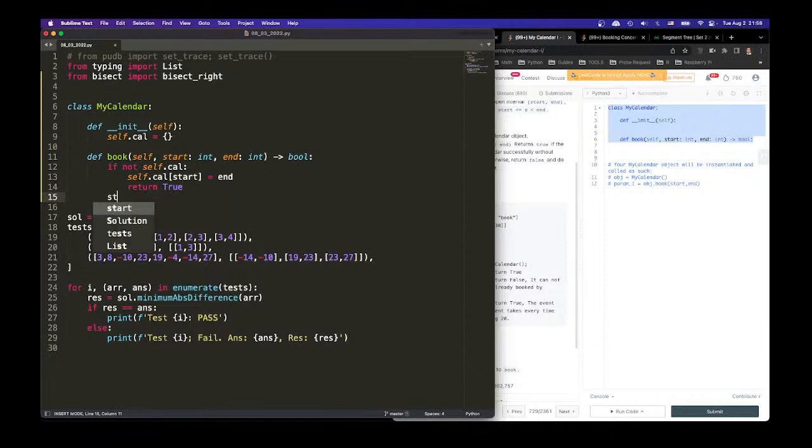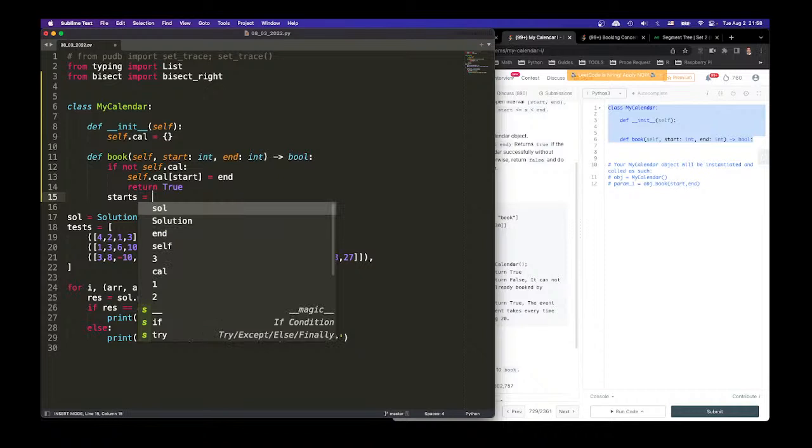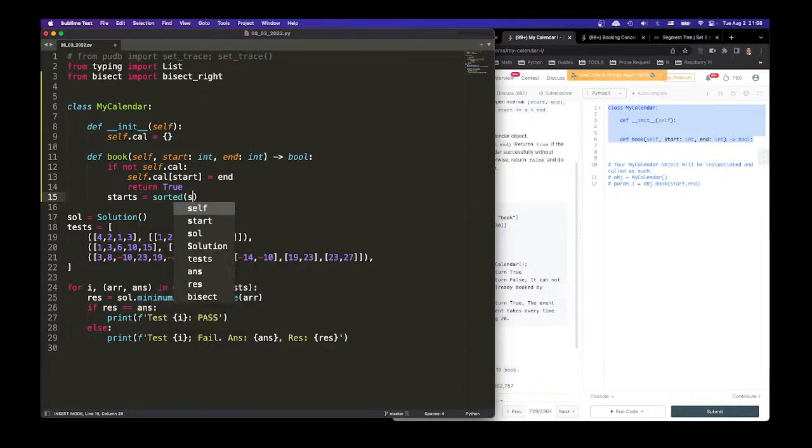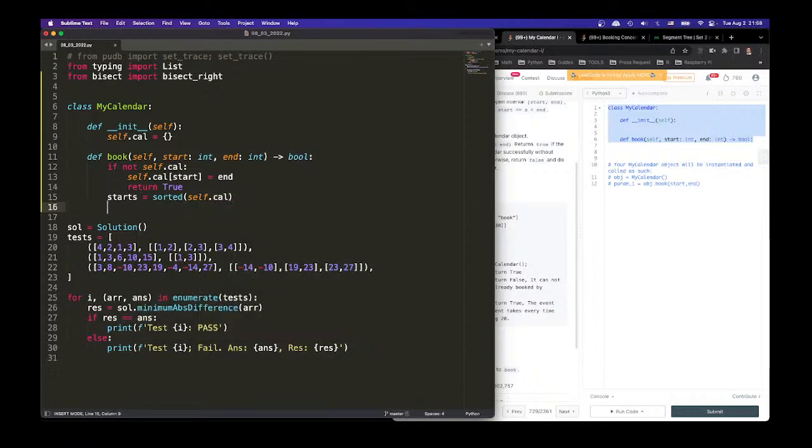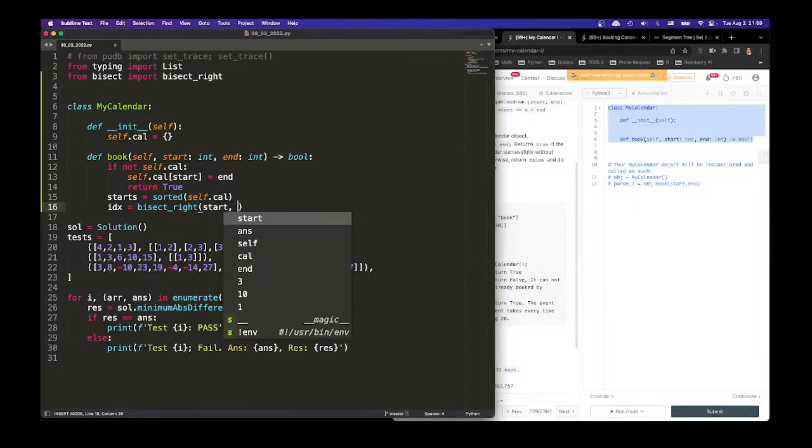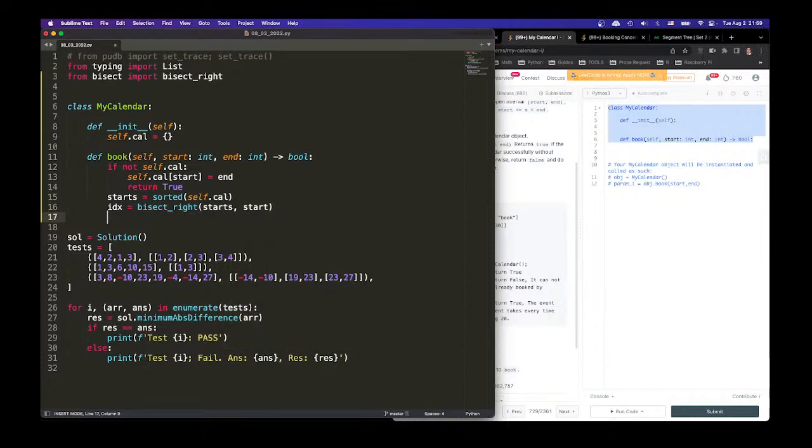Otherwise, starts = sorted(self.cal), and then index = bisect_right(starts, start), right? So we give an index, and then we say